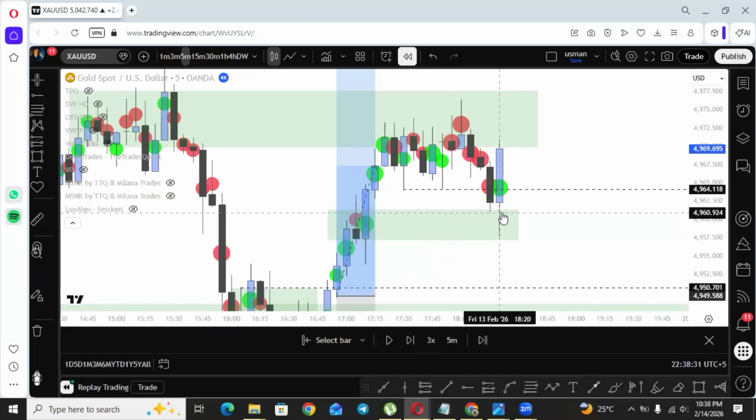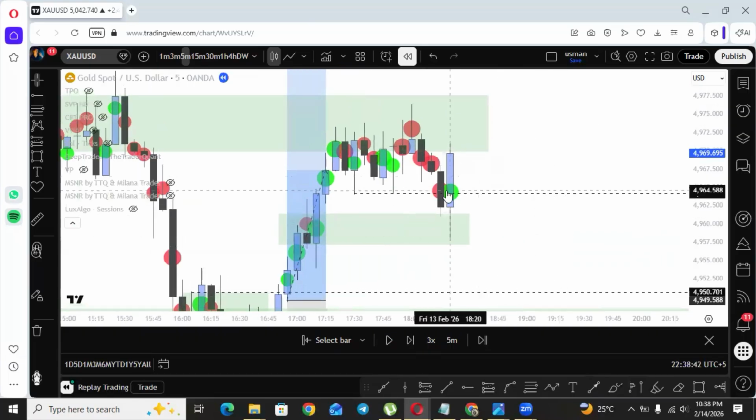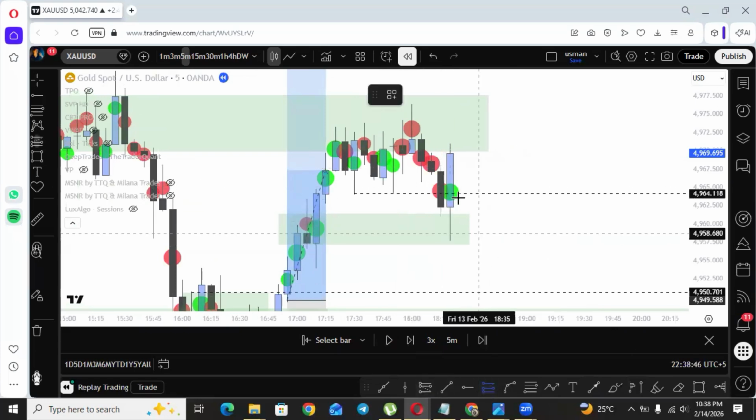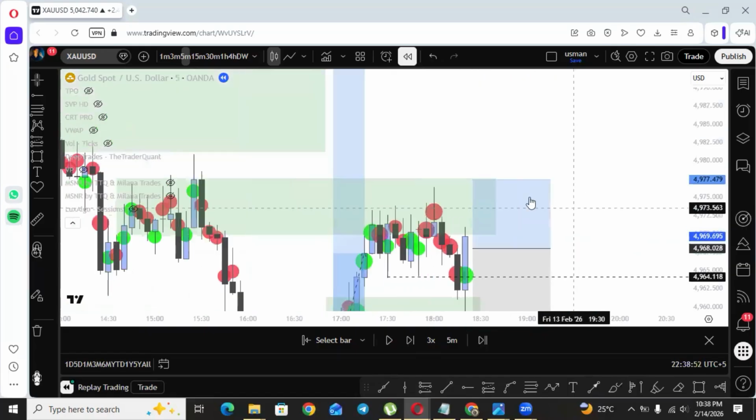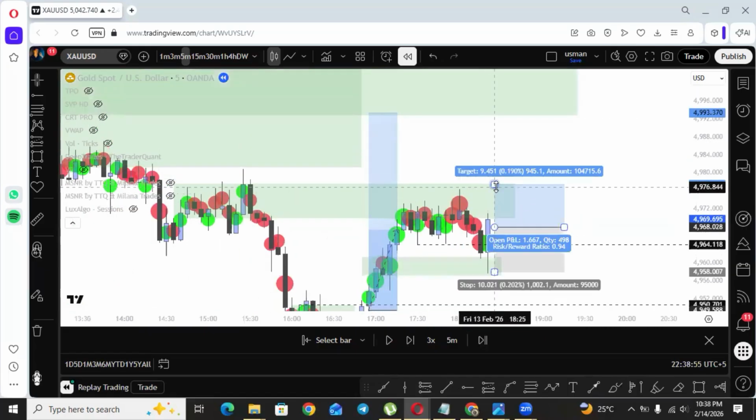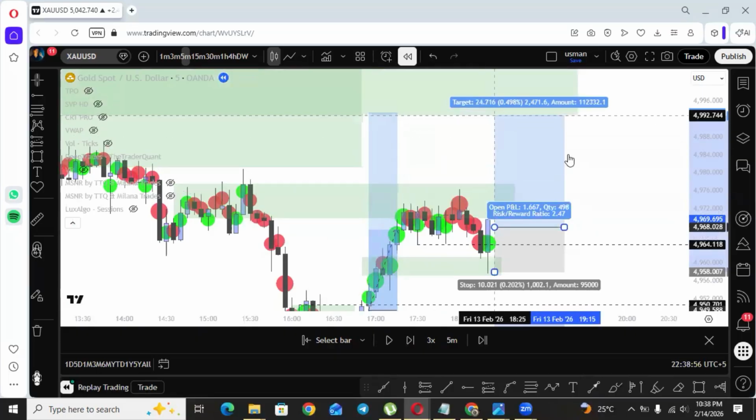What happened at this area? Why are we getting this kind of reaction of buyers at this area? Because this is the strongest area we have. This is the area where absorption has happened. Okay, so what we can do, buyers have successfully absorbed the seller. If market retraces, I will maybe enter at this point and put the stop loss and take the 1:1 or 1:2, whatever it is.